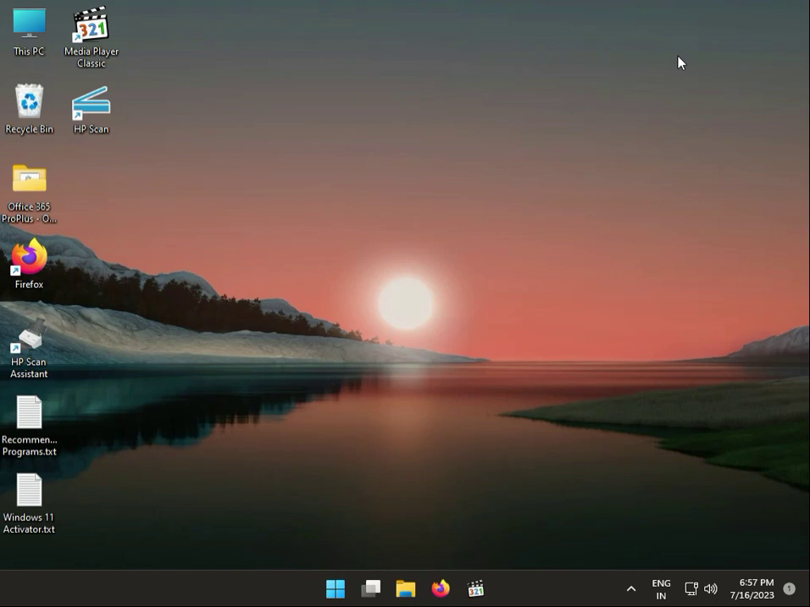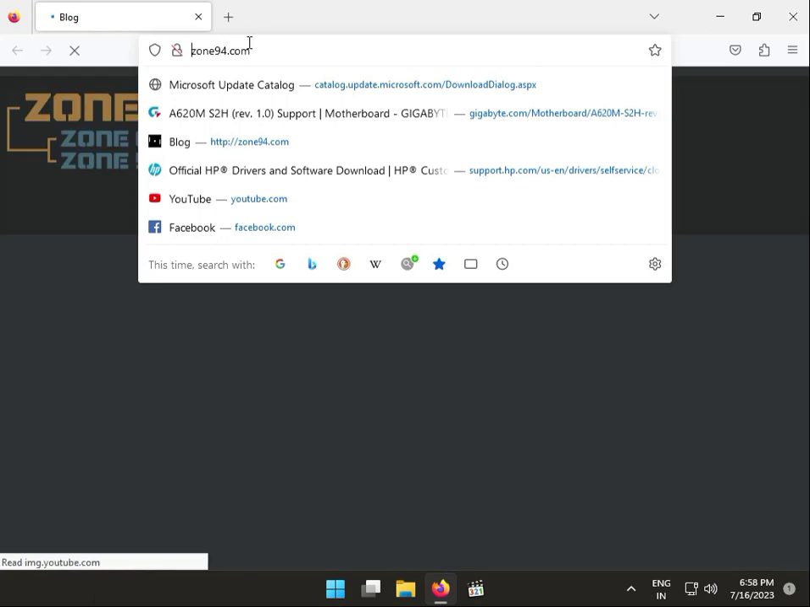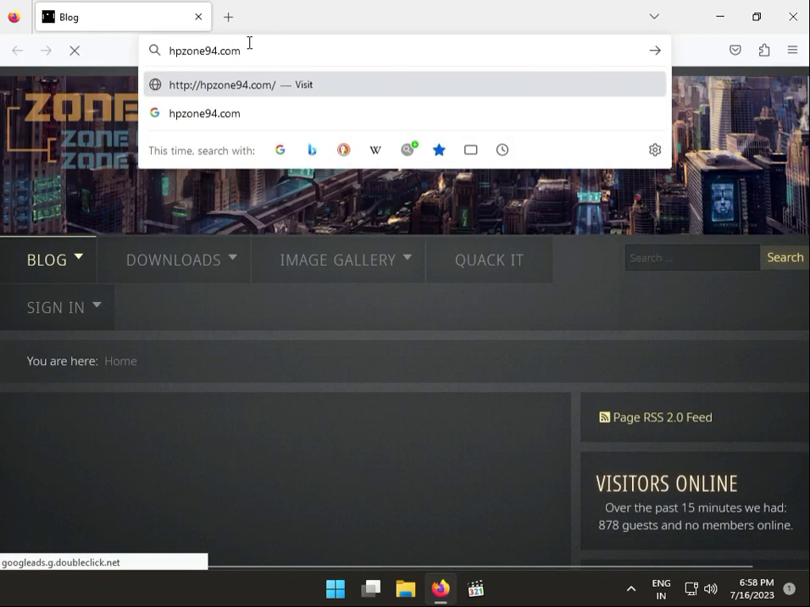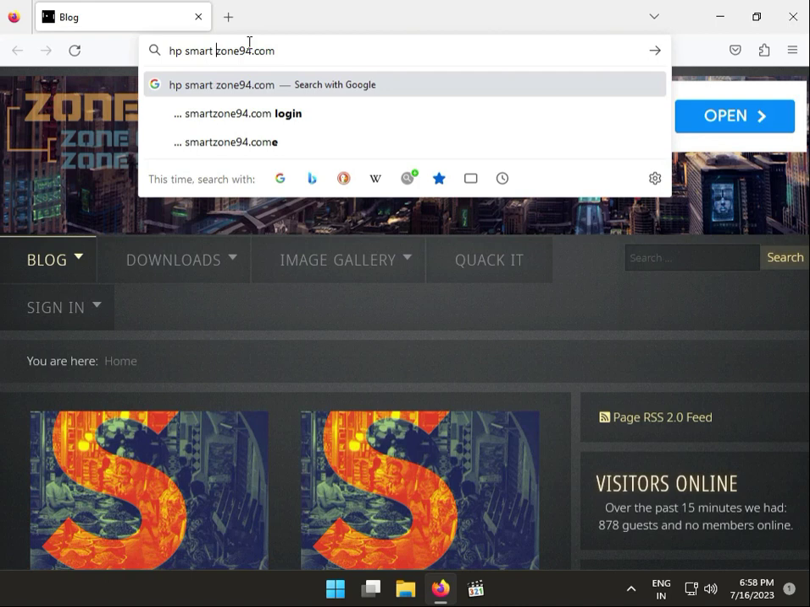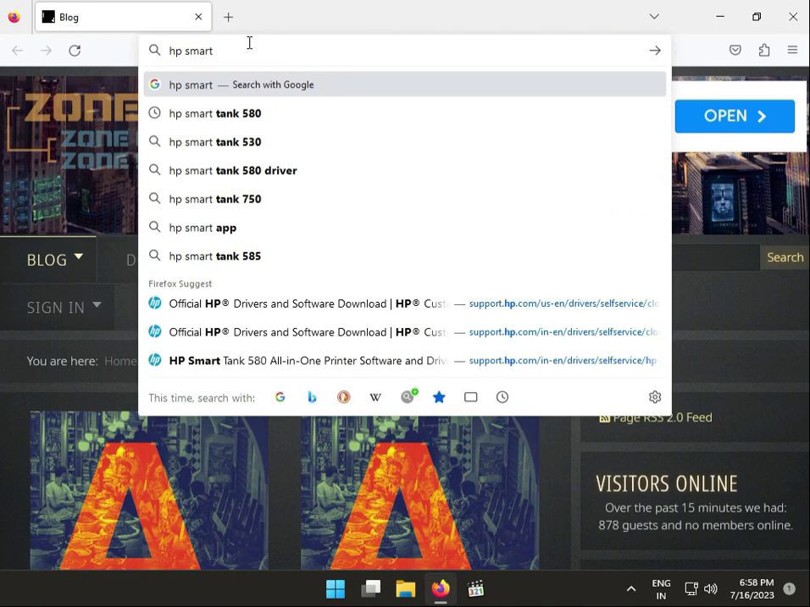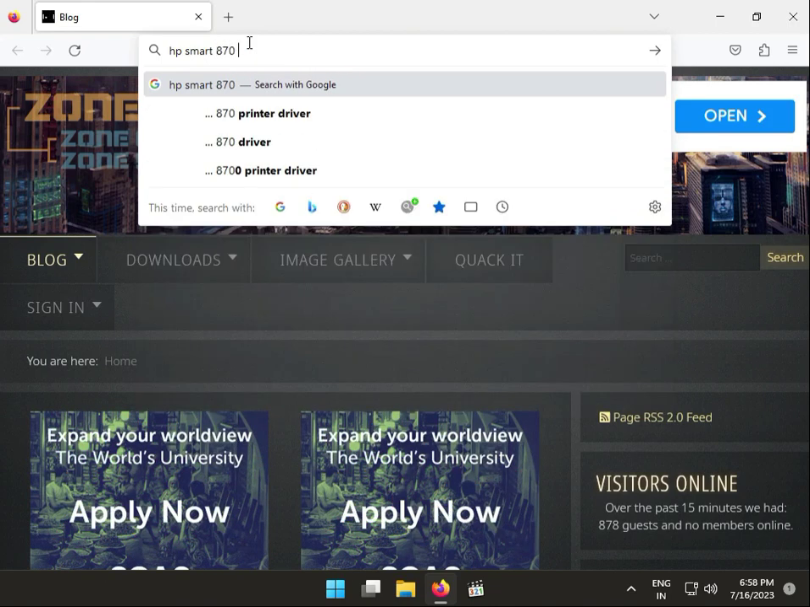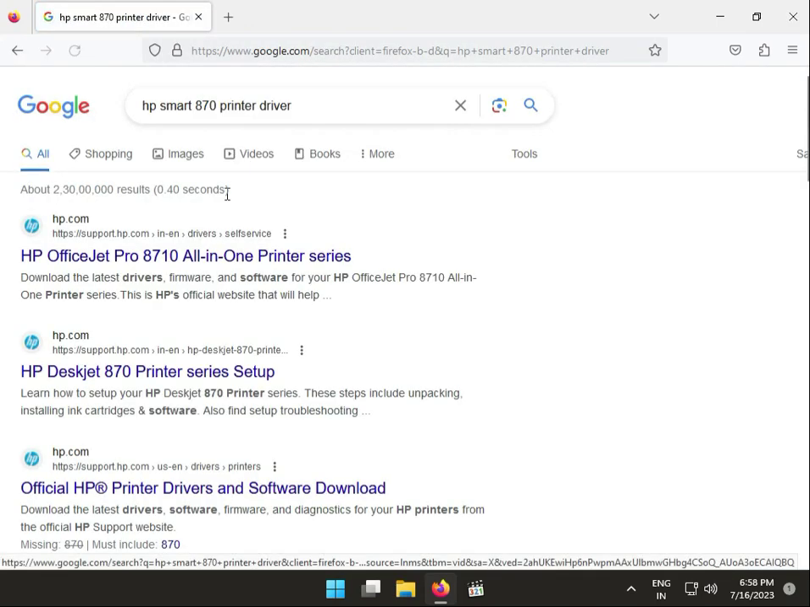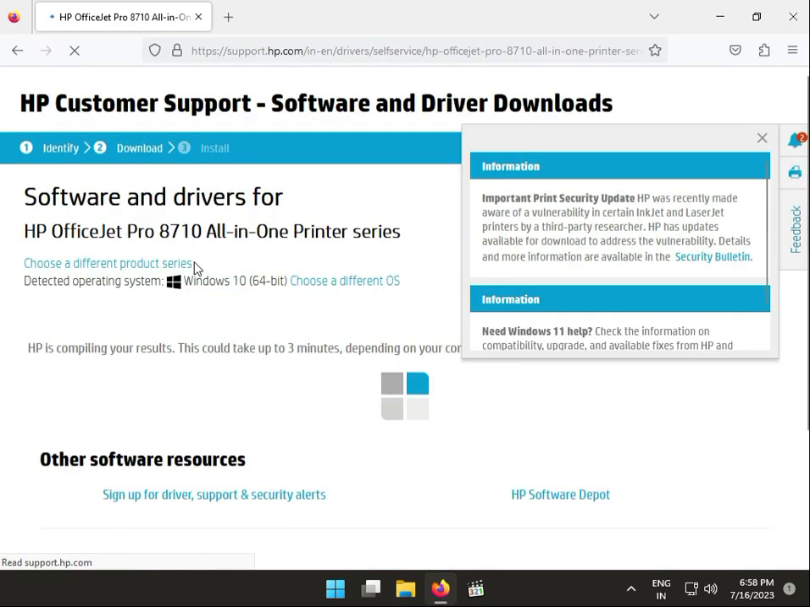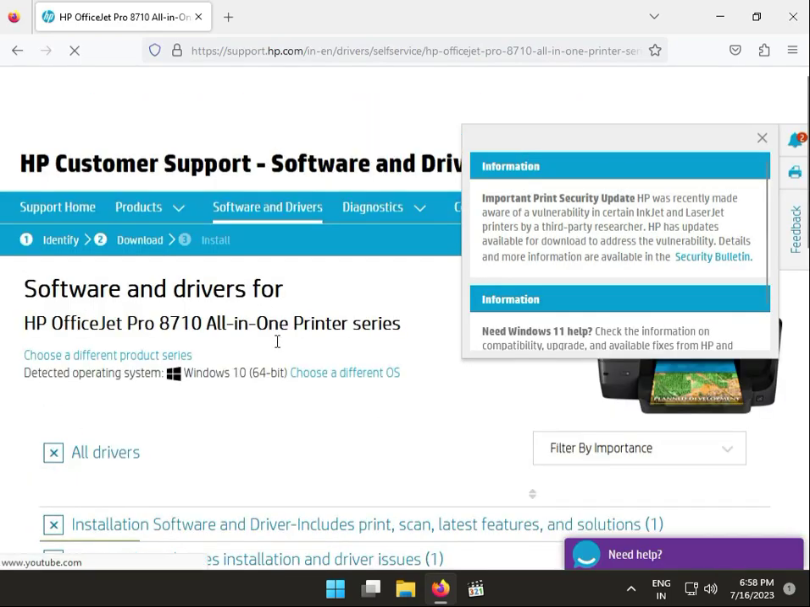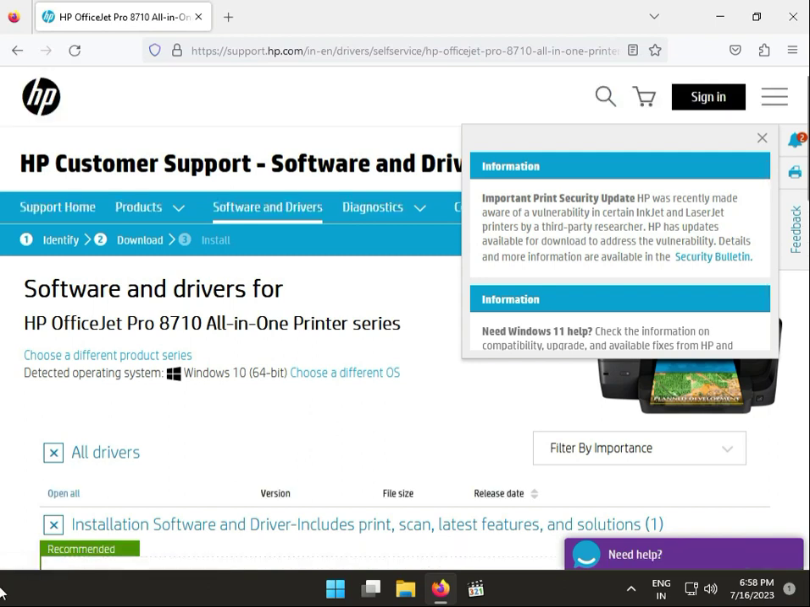Third solution guys, you go to the browser and enter your model number, like HP Smart 870 printer drivers, and you have to install the latest driver on your computer. Firstly select your browser, which one you are using, so you install the latest driver in your system. Okay,